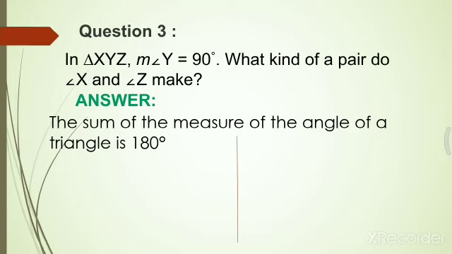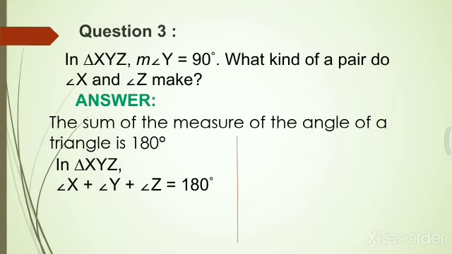Now what you have to do in the next step? You have to add all the 3 angles, but are the measures of all the 3 angles given? No. Clear? So you will write down angle X plus angle Y plus angle Z is equal to 180 degree. Now here the measure of X is not given, so we will write it as it is. Measure of angle Y is given, that is 90 degree, so we have to write down that 90 degree. And measure of angle Z is not given, again we will write it as it is. So see what will be your next step. Angle X plus 90 plus angle Z is equal to 180.